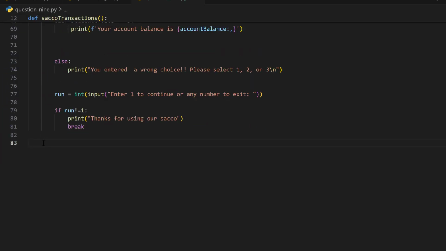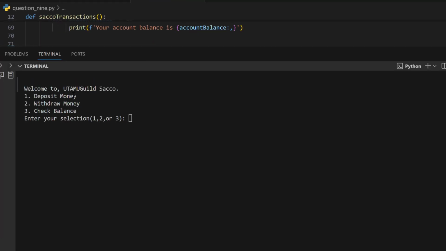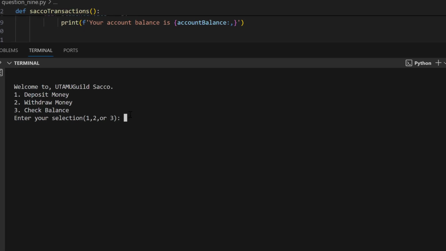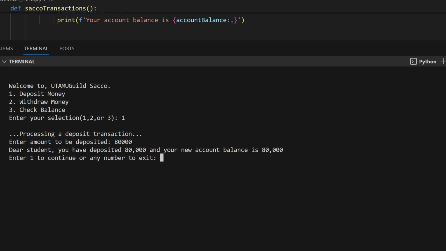Okay, so we are now going to go ahead and call our function so that we can be able to test what we have worked on. So Sacco transactions, when I try to run the program, we can see welcome to UTAMU Guild Sacco. 1 is for depositing money, withdraw money, check balance. So enter your selection. So the first thing we are going to do is to try to perform a deposit transaction. So if I enter 1, you can see that we are having processing a deposit transaction, enter amount to be deposited. So if I wanted to save 80,000,